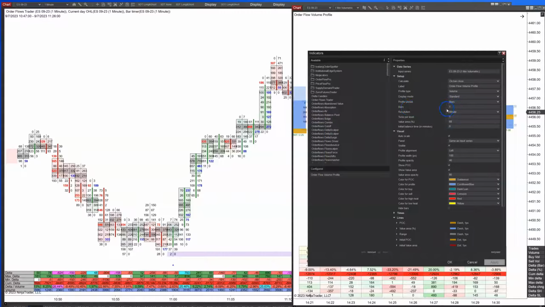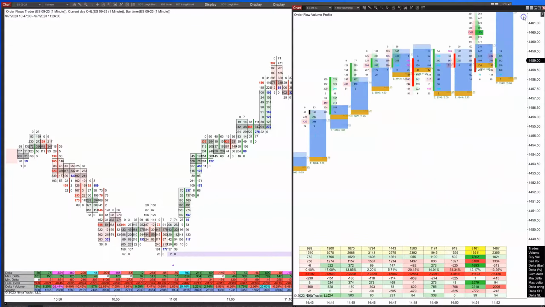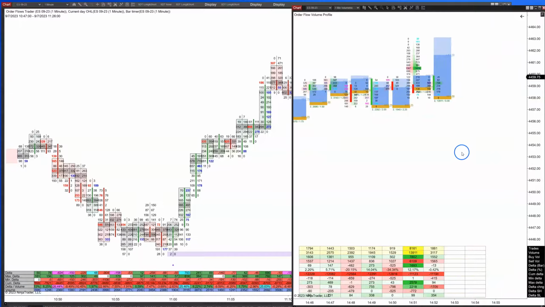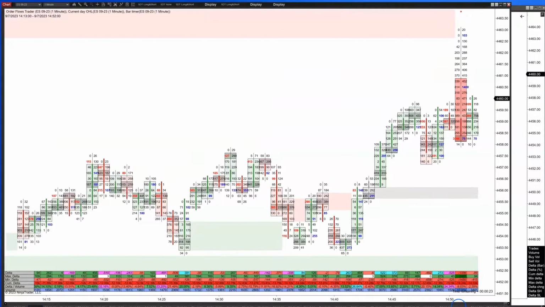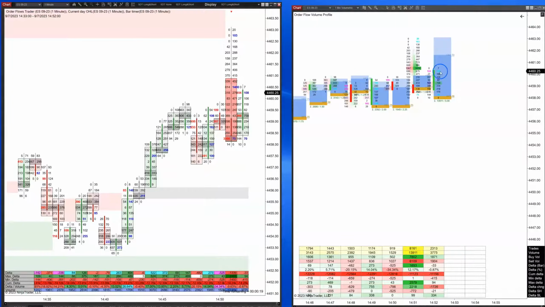Ticks per level, resolution, bar. I know what it's doing. It's putting it here. So for example, here, go back. What it's doing is it's plotting the profile one bar out. So even though the current bar is trading right here, this profile,